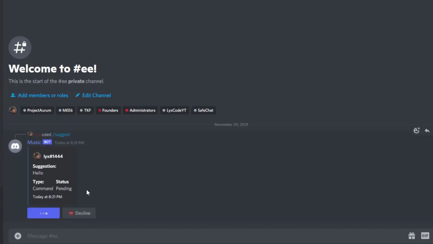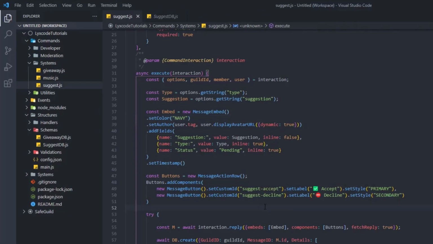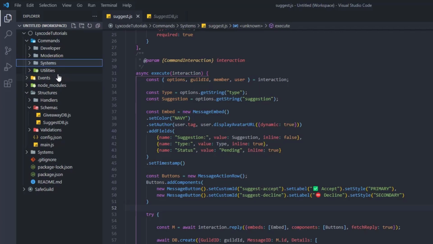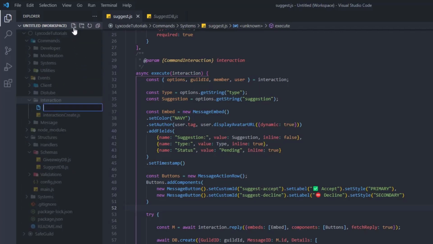Now if you press on any button, it's not gonna work because we are not listening to the buttons. It's gonna give you interaction failed. So to listen to the buttons, you're gonna go ahead to your events folder. All right, so let's go to our interaction folder inside of our events, and let's create a file called suggest